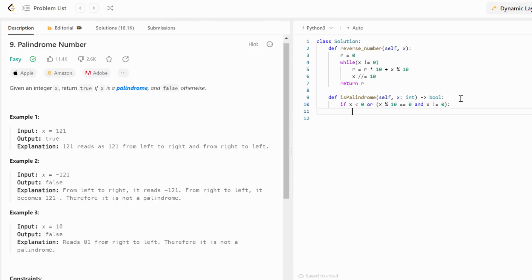In this case, we are going to return false, and we are going to return true if x is equal to output of the reverse number function, else we are going to return false.